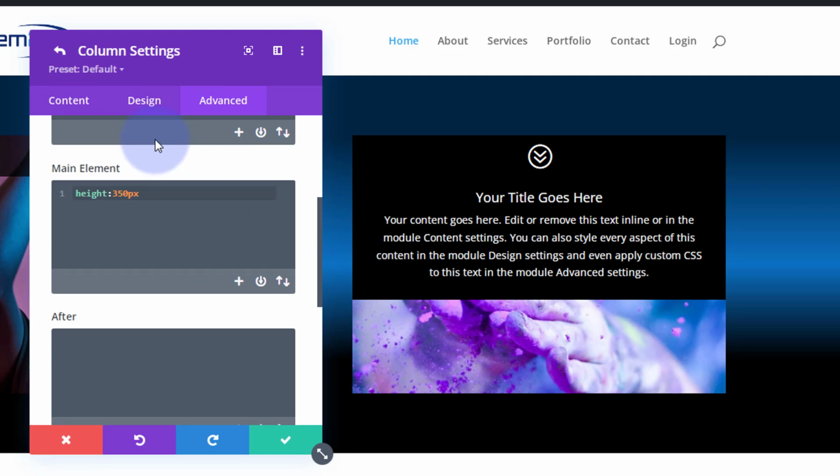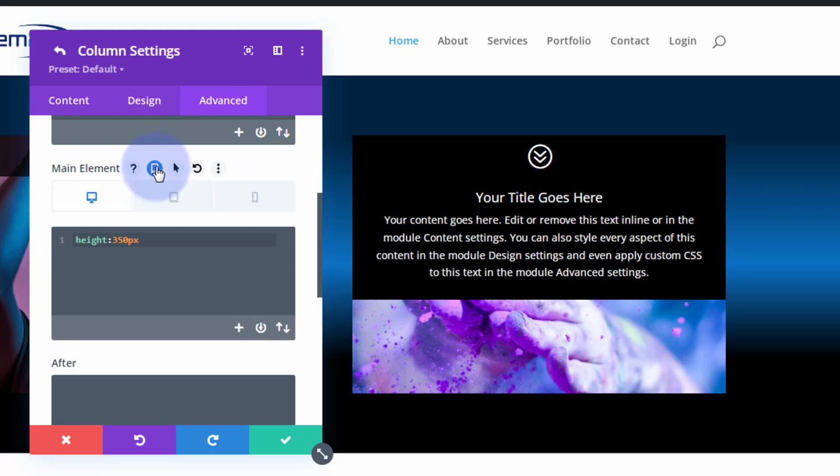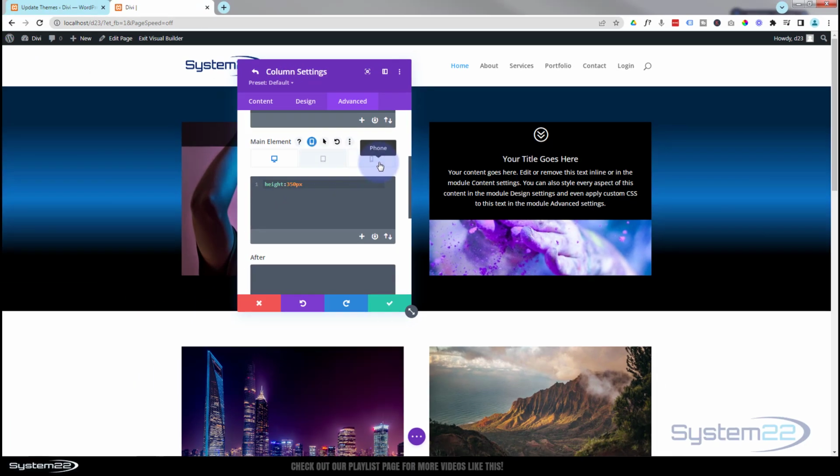But of course on tablet and mobile, you might want to change the aspect ratio of this because it's going to sort of change shape. So we can roll over, and this is common to all Divi modules. If you roll over the dark writing in there, you'll find some little icons. If they've got a little telephone type icon there, cell phone, click on it, and you can do different options for tablet and mobile. So I'm going to hit tablet,